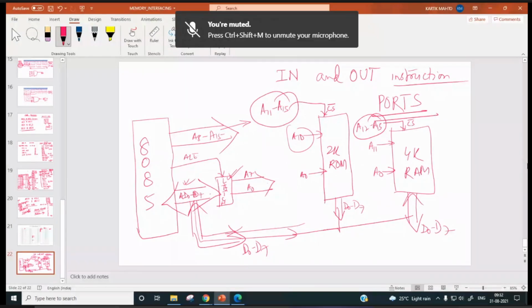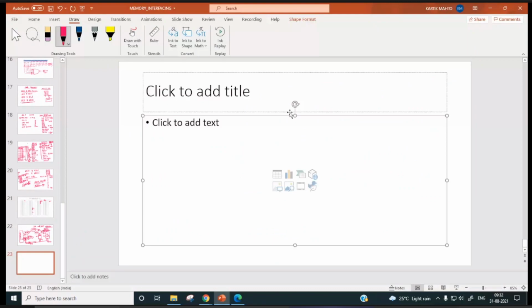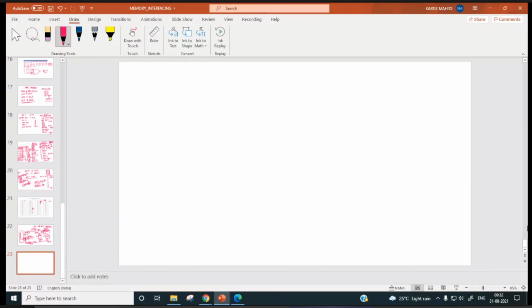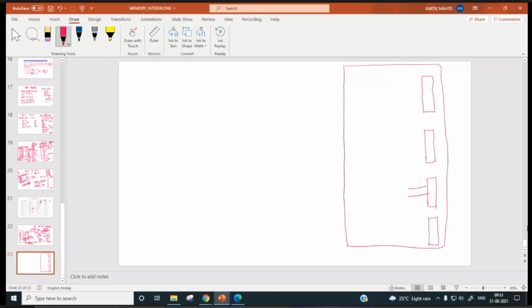Now, suppose we have a 4-byte RAM chip, then how will we interface it? A 4-byte RAM chip will have 4 registers, each of 8 bits, and each register will be connected to a data bus.